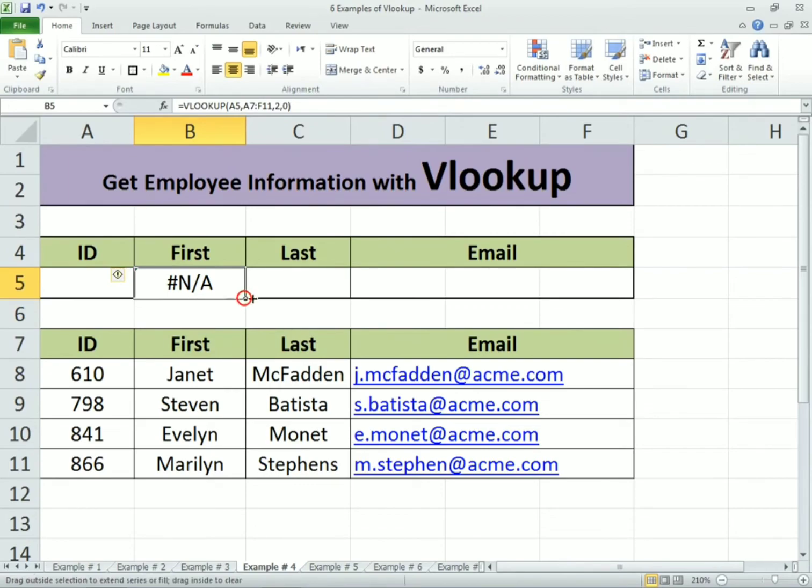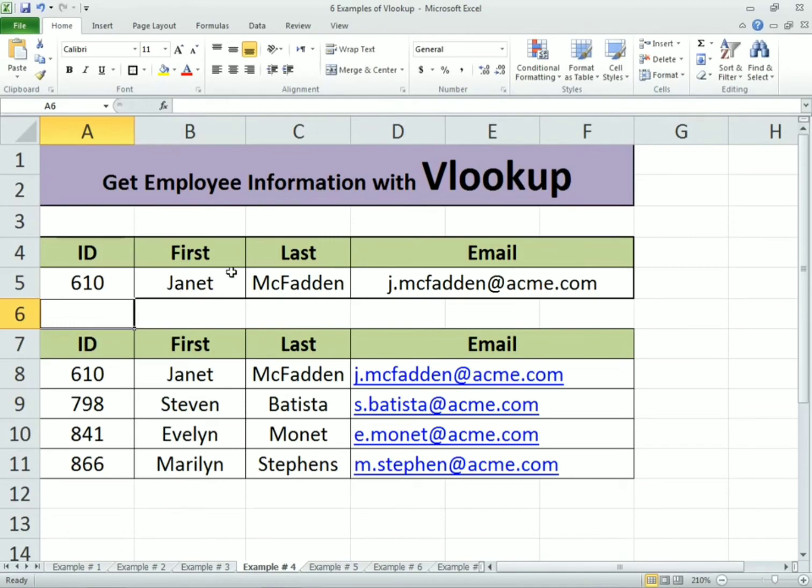This is nothing else. You have to just drag it down, and then you have to make it merge. I just write the ID which is 610, then it says Janet, last name McFadden, and email. If I just write 841, then it gives the remaining data which is first name, last name, and email. This is how our employee information with VLOOKUP example completed. You have to write the VLOOKUP function once, and you have to just drag it down. The remaining will automatically